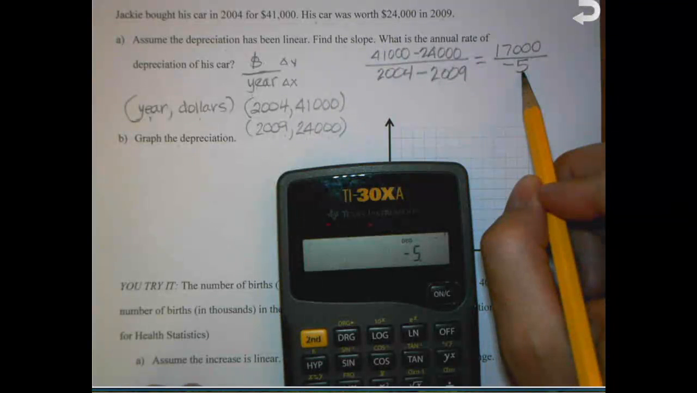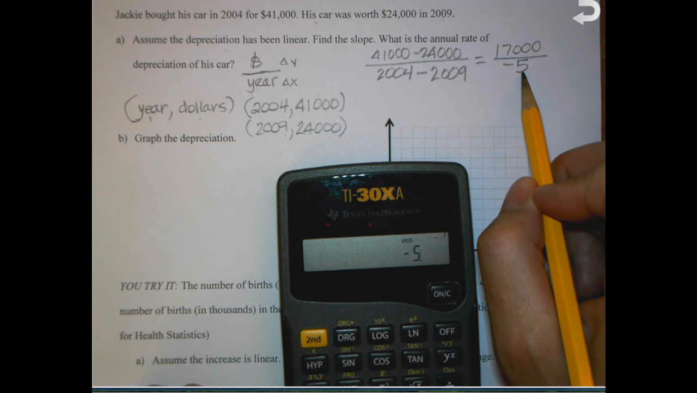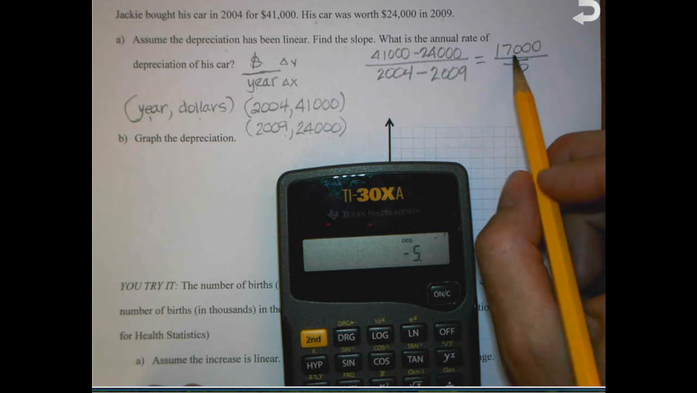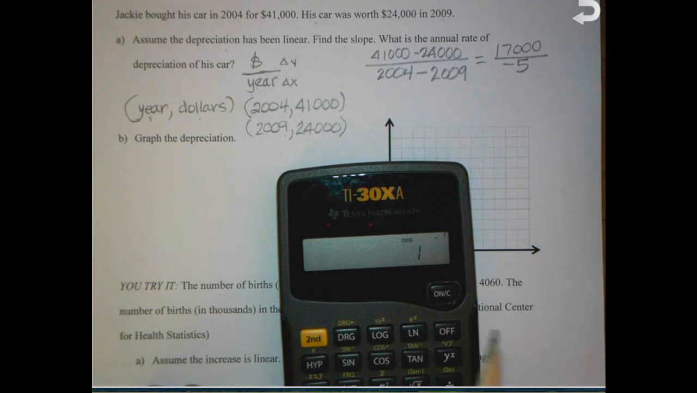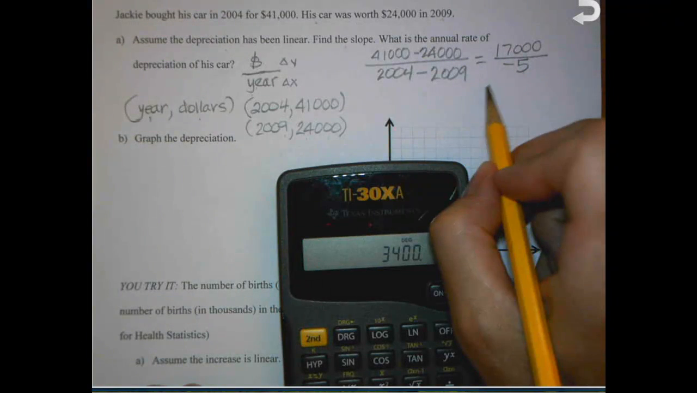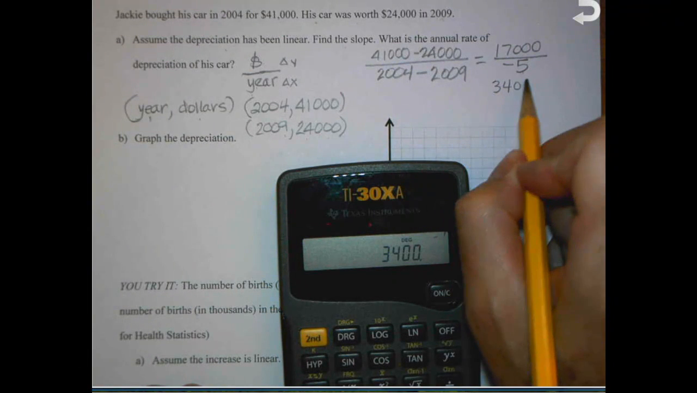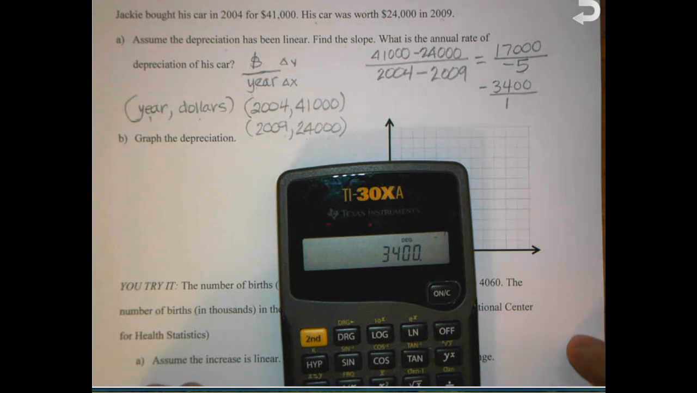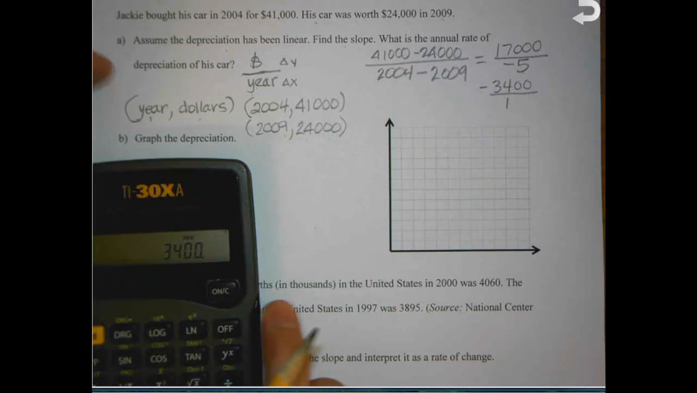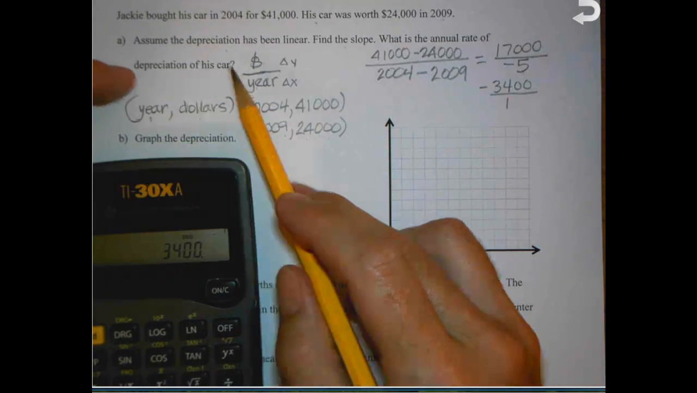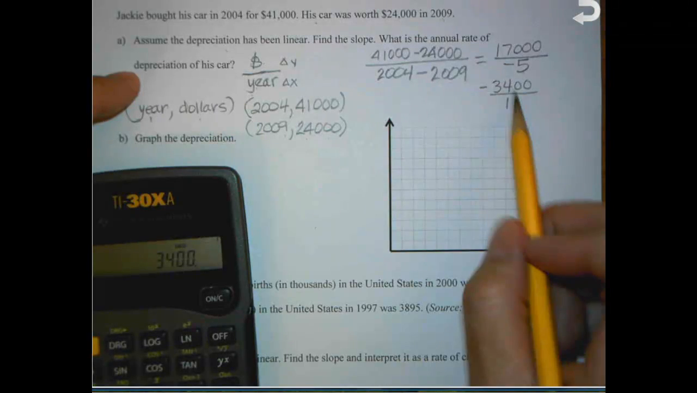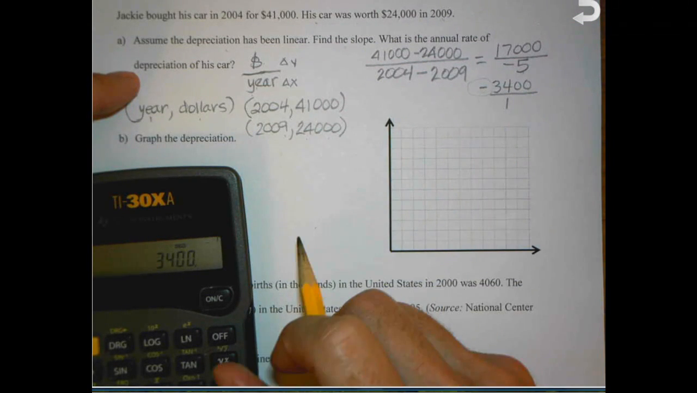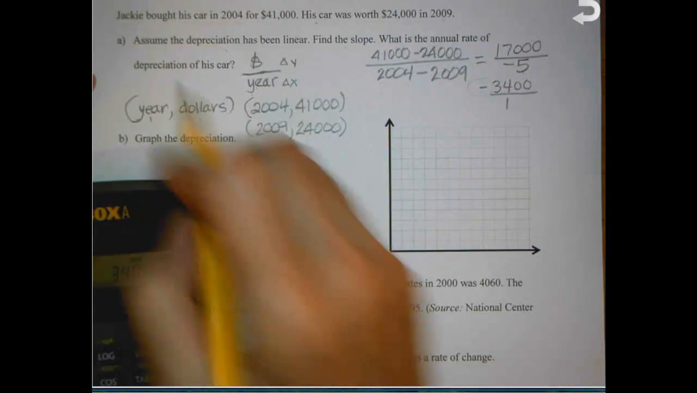But we want it to be over 1 because it makes a lot more sense to have it in that fashion. So we take 17,000 divided by 5, and we get 3,400 over 1, and we have to have a negative somewhere. So -3,400. So what's the annual rate of depreciation of his car? The depreciation is the same thing as this negative, so we don't need to report it. We can just say loses